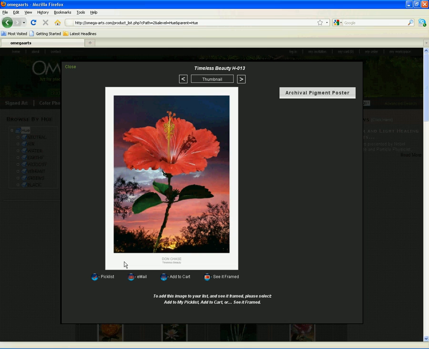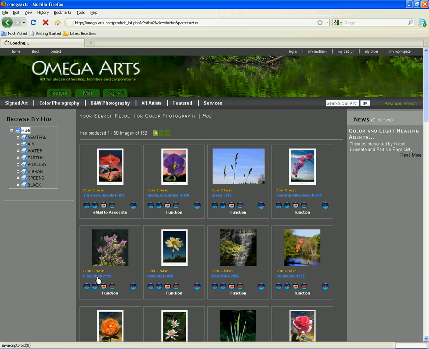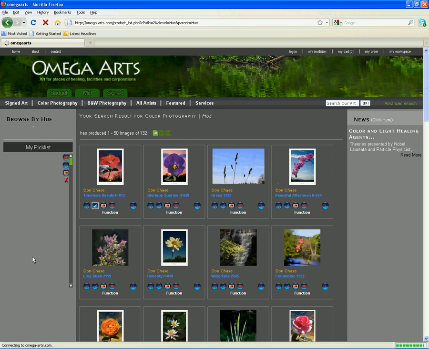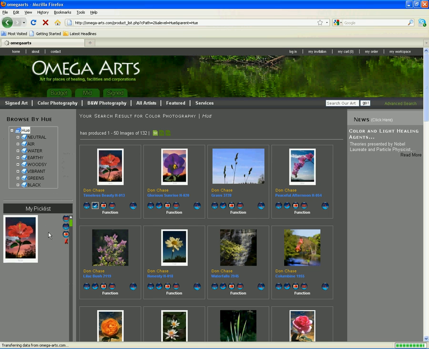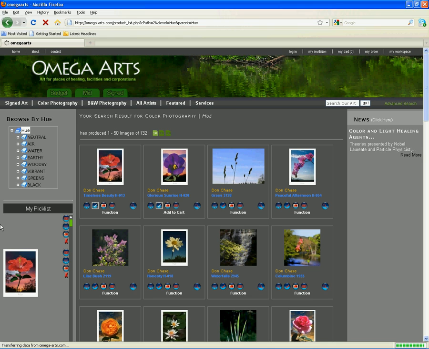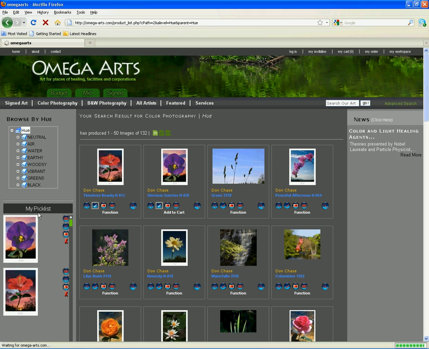If the picture suits you and you'd like to have it as your own, click on Add to my pick list, and you will be able to view the image on the left of the page. Here it is. Then if you select another one and repeat the action, the pick list will show you both the images. Thus you can view all those images which strike your mind.